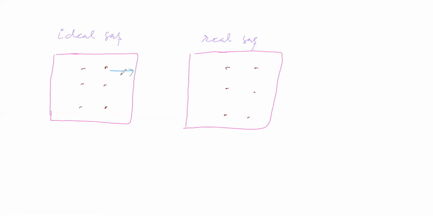This gas molecule is making collision on the wall of the vessel. Due to collision on the wall of the vessel, pressure is exerted, that is pressure exerted by ideal gas. Now these gas molecules making collision on the wall of the vessel, therefore pressure is exerted, that is pressure exerted by real gas.